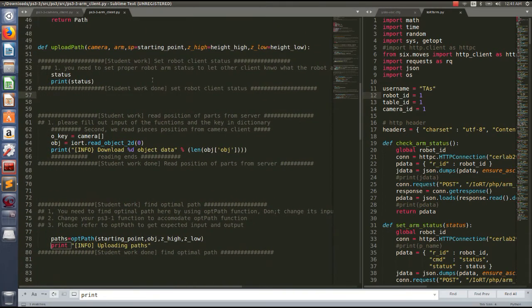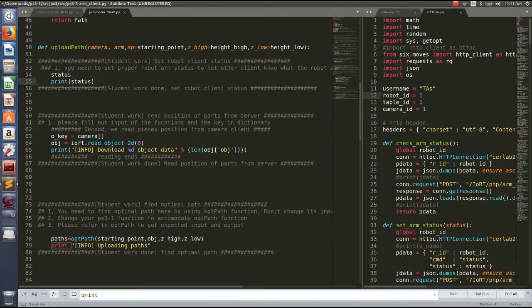So when the motion planning is running, other clients need to know the status of this motion planner,